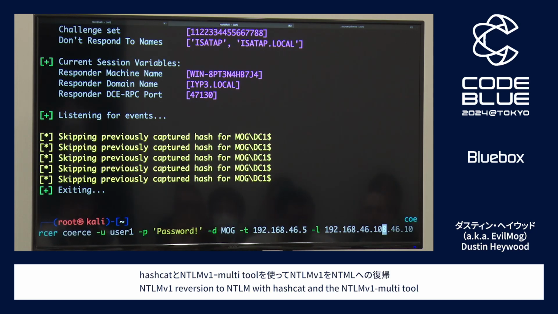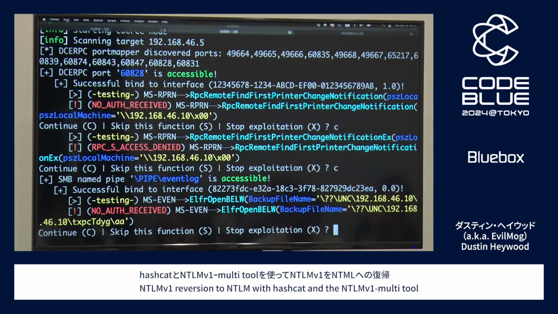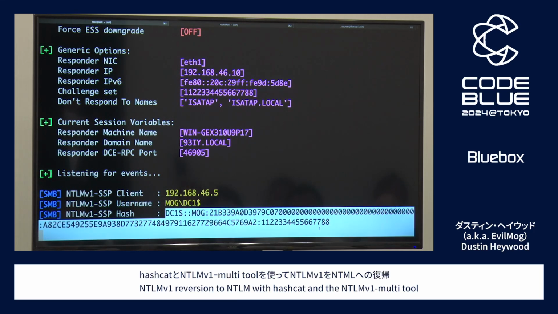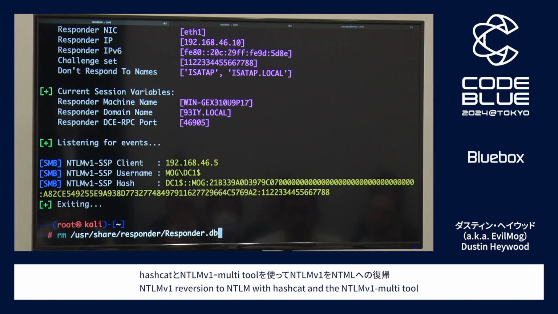So I have now typed my magic. You specify -t for your target, so my target in this case is the domain controller, which is 46.5. The listener is your IP as the attacker, so that's the 46.10. And then you just listen. So you'll see on here I got a hash out. So this is what it looks like with ESS enabled. If I want to disable ESS,